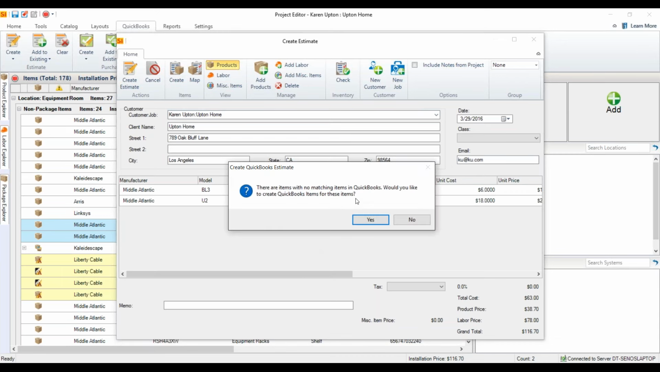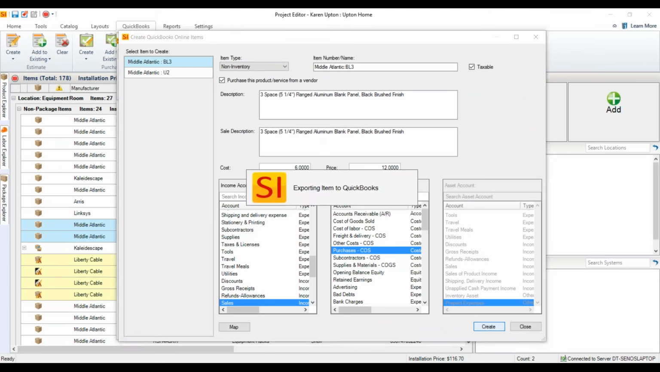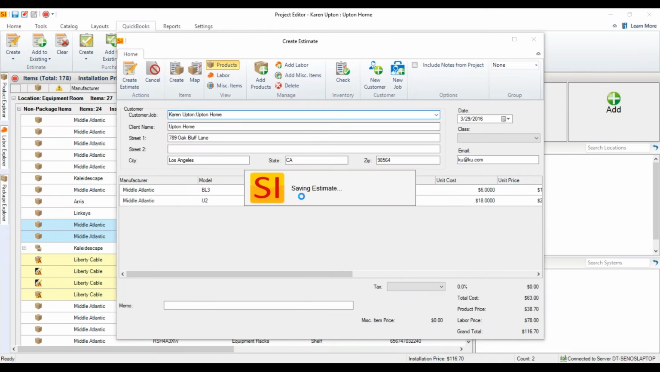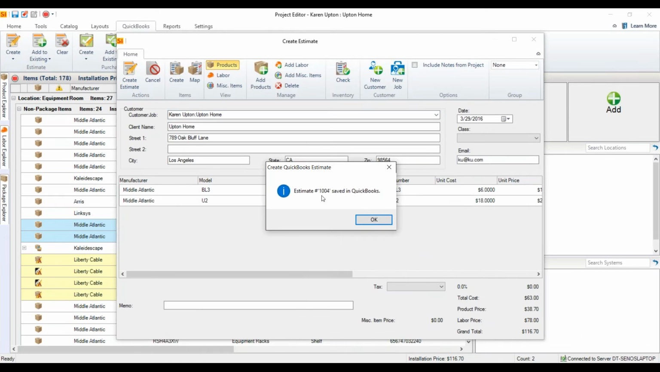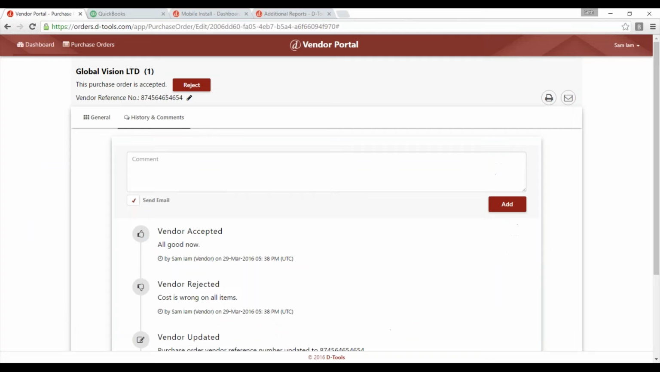It's going to warn me that I need to create items. So again, same functionality as before. Choose yes. It's pulling this up. I'm going to go ahead and hit create. It's created those items, and this is now going to save this estimate and kick it over. It's estimate 1004. So let's save the project, and now I'm going to come over here and let's go to